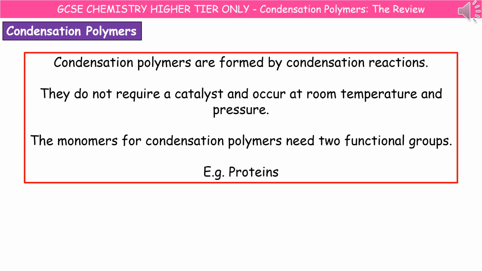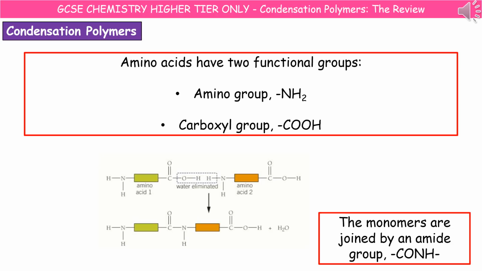We also need monomers that have 2 functional groups to allow them to actually undergo this condensation reaction. If we think about amino acids first of all, then they've got 2 functional groups. They've got the amino group, which is NH2, and the carboxyl group, COOH. So they've got the 2 functional groups, which means that those monomers can be joined together by an amide group,